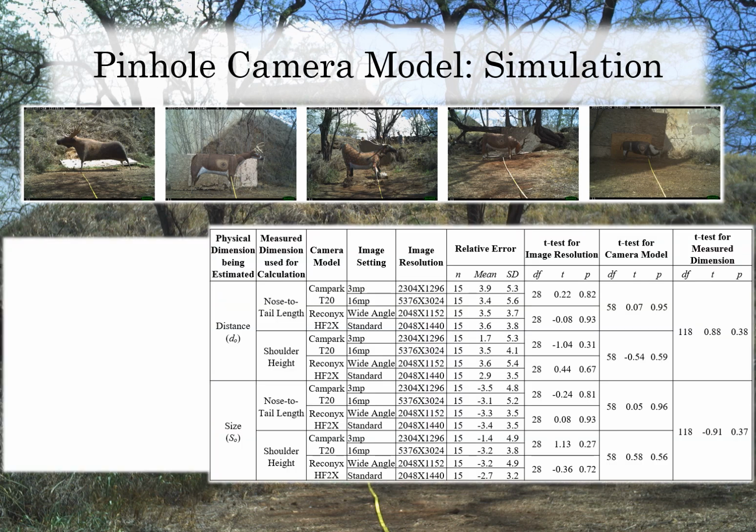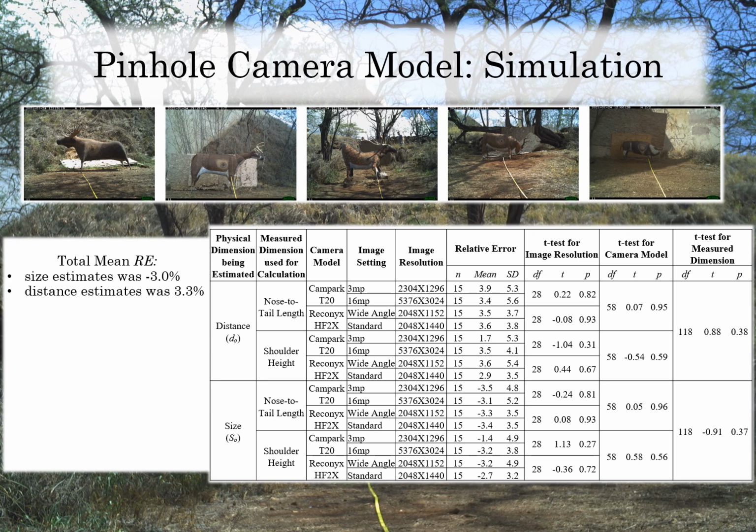And we found that this method resulted in highly accurate and precise estimates, with size estimates underestimated by about 3% of the actual size of the target, and distance estimates overestimated by about 3.3% of the actual distance. And we use relative error as a standardized measure of accuracy, which is simply the standardized difference between the actual and estimated size or distance. And we felt that this was a good measure that could be applied across a range of applications and